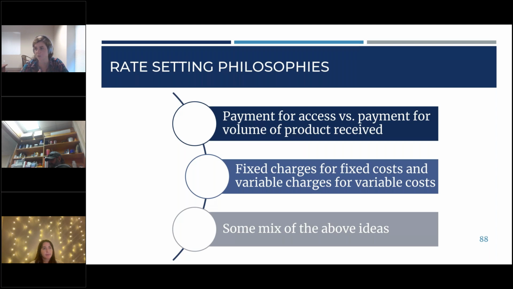So the fixed costs are those infrastructure costs, right? They're the things that don't change based on the amount of wastewater that's treated. The variable costs are the things that do change. So the variable costs will be like utilities, right? You may pay more in energy costs if you're treating more wastewater, and thus we want to make sure that we're capturing that in our variable charges. In general, the costs of running water and wastewater systems are mostly fixed. So what we often see is, like I mentioned before, that base charge, that volumetric charge. It might not be a perfect match for the fixed costs and variable costs of running the system, but it's based off of that and then based off of the objectives of the system themselves.